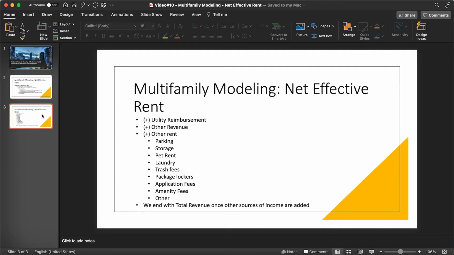But then within a property, you don't only have losses, but you also have some additions to your revenue. You might be charging for your utilities, right? So you're gonna get reimbursed for your utilities. You have other sources of revenue. Maybe you charge for laundry, parking, storage. Maybe you charge a bit extra for having a pet. Maybe you charge some application fees. So once you add all of the other revenues to your project, then you end up with the total revenue